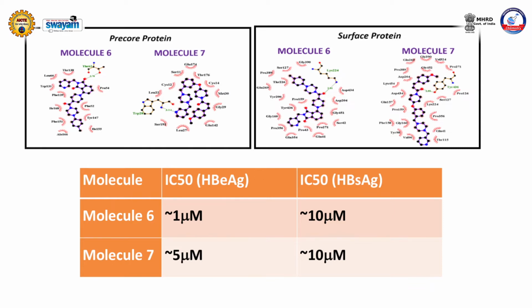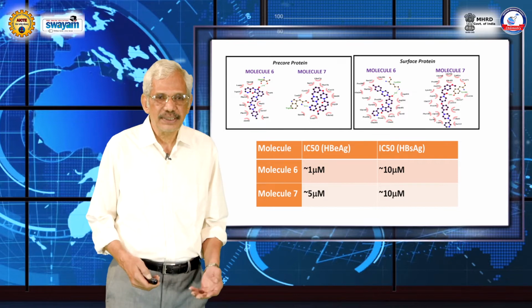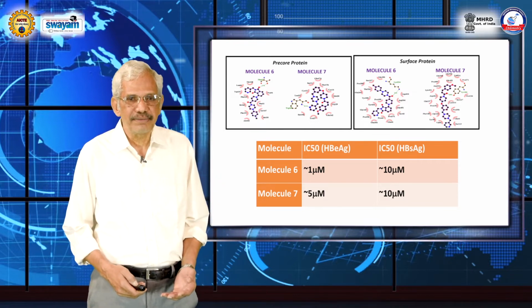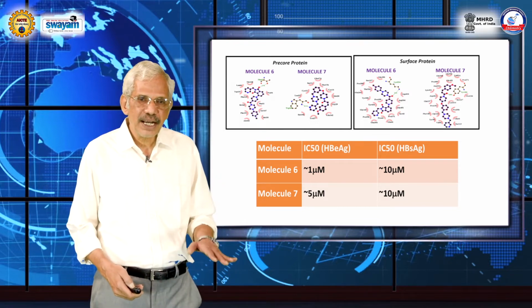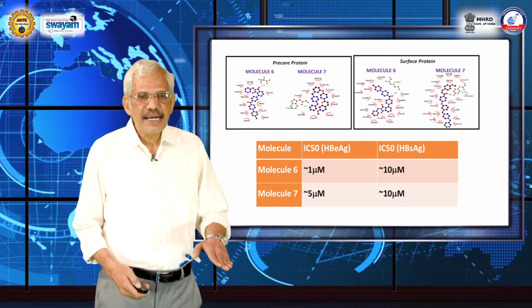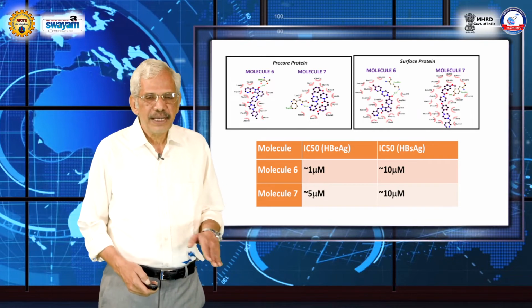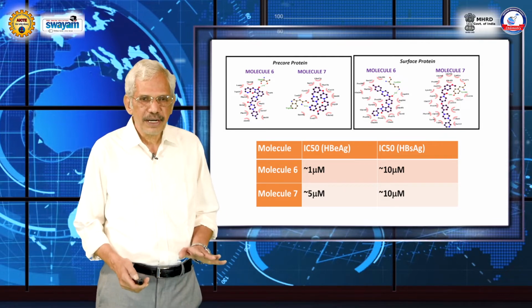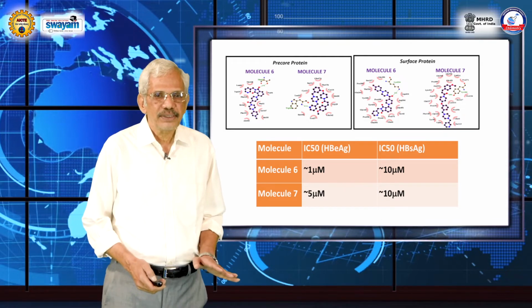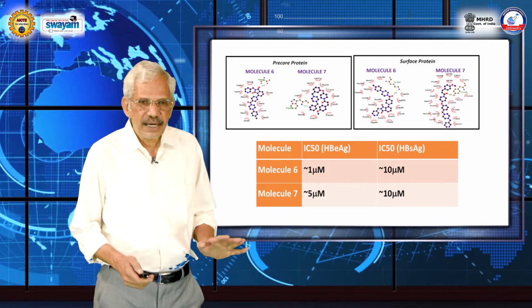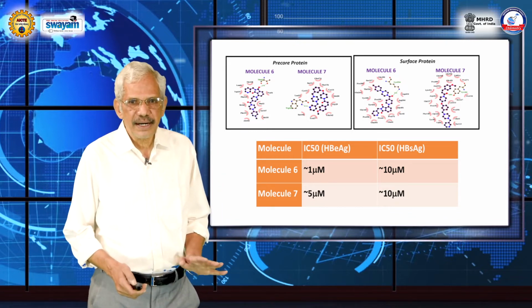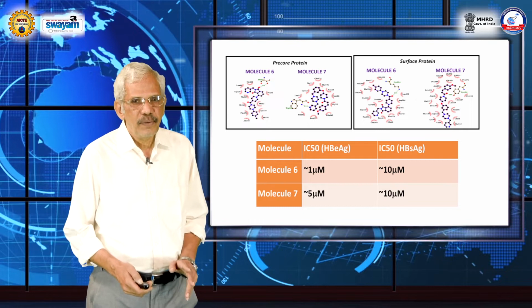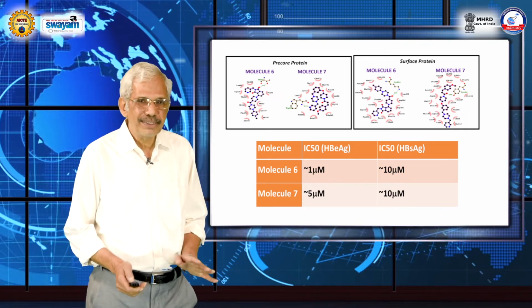What you are seeing are molecules 6 and 7 showing micromolar activity, micromolar compounds. And remember, these are dissociation constants. This is a convention for reporting IC50 values. So if the dissociation constant is low, the binding is very high. For example, a nanomolar compound is an extremely good compound. A micromolar compound is a very good start, right? So with current computer-aided drug discovery methodologies, what I can say is a micromolar compound is a routine matter.